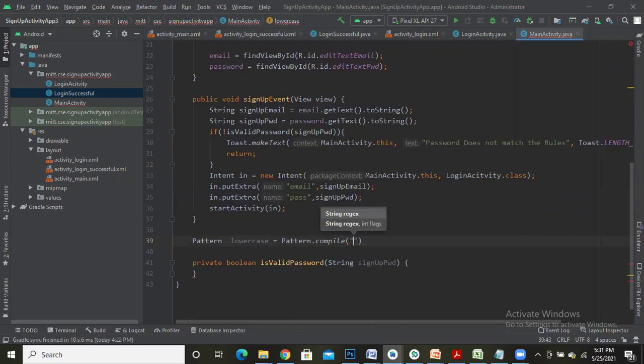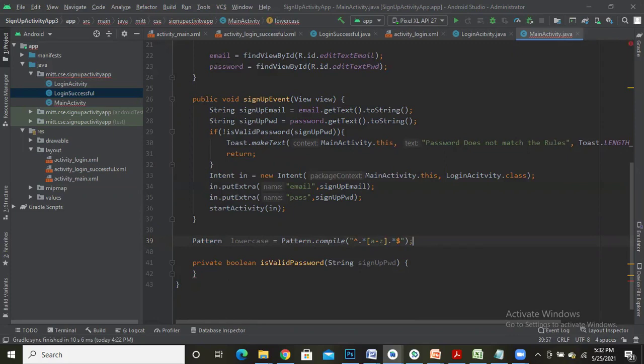The regular expression I'm going to write is caret, dot star, a to z, dot star, and finally dollar. So we are compiling a regular expression for lowercase.